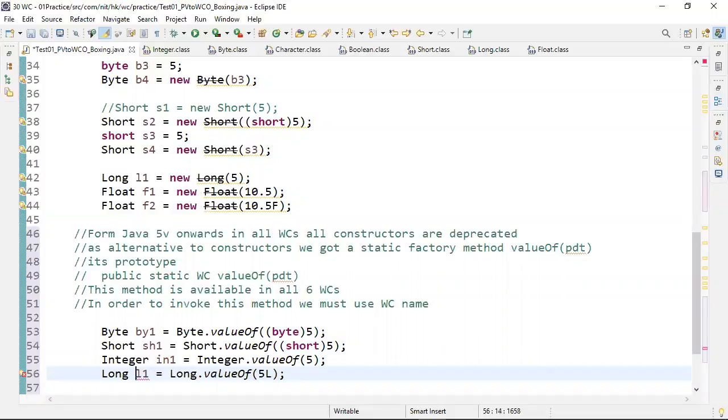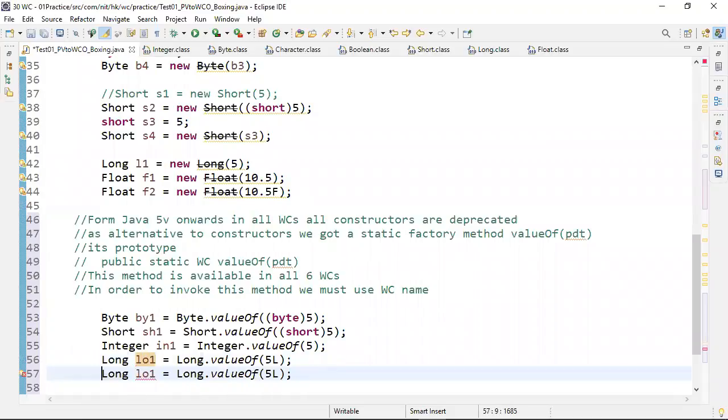The next, Float class. Okay, Float object I want to create. Float fo1 equal to Float.valueOf, can I write 10.5? Come on. Can I write 10.5? No. In the constructor, we have two parameter constructors, double parameter is there, float parameter is there.